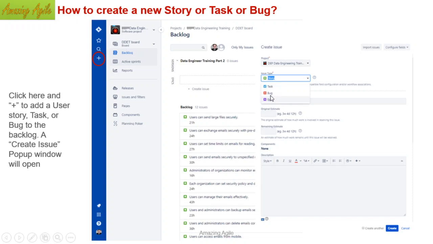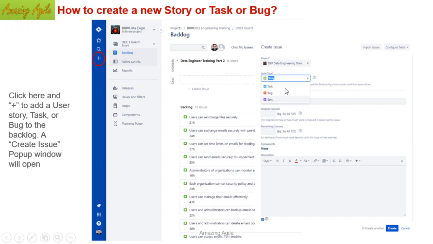Bug, I'm sure you know that. Bug is nothing but the defects coming out while doing the testing. To make it a requirement, if it is a little bigger, then you can make it a story kind of, but to differentiate it from the story, you can make it a bug. And epic is the feature. Feature means the bigger level requirement from where the stories are derived. We are going to discuss it a little later.